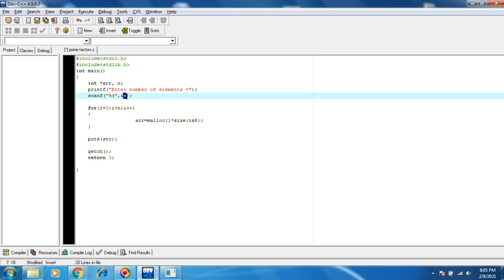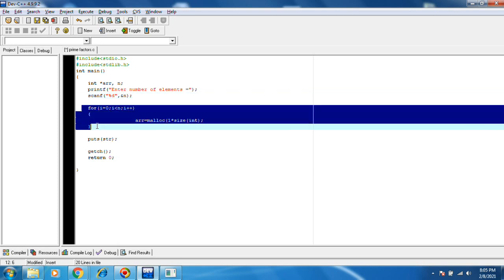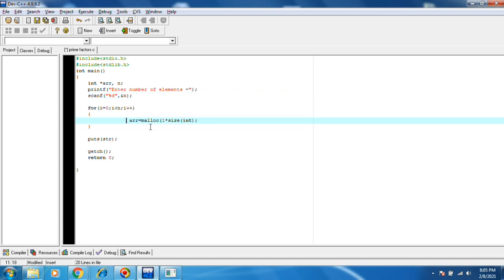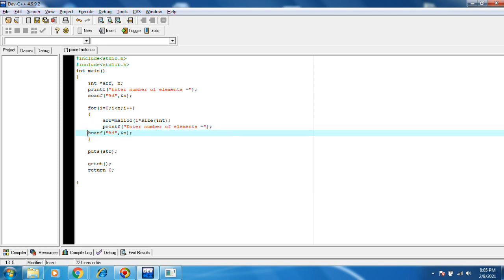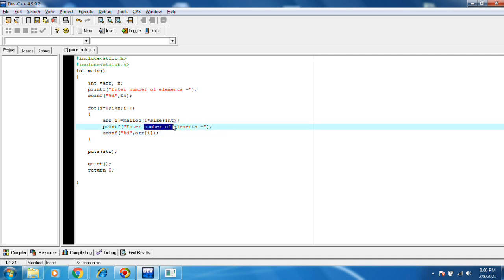Suppose I enter 5, the for loop will run 5 times. Each time it will allocate memory of 1 into size of int, and then enter array element.